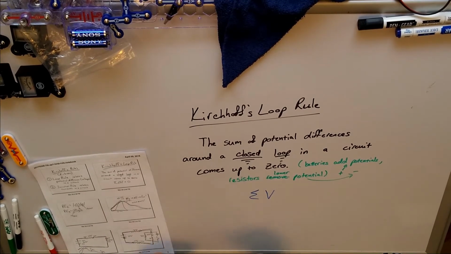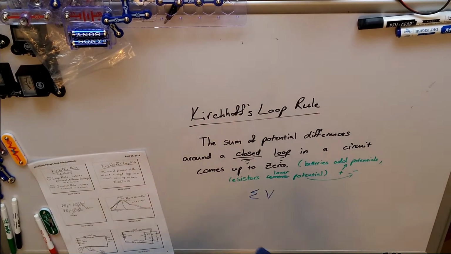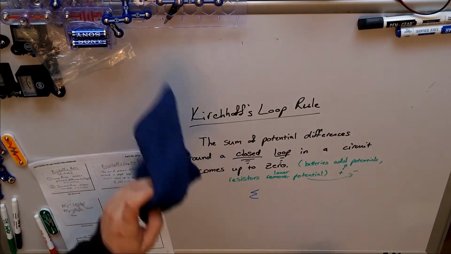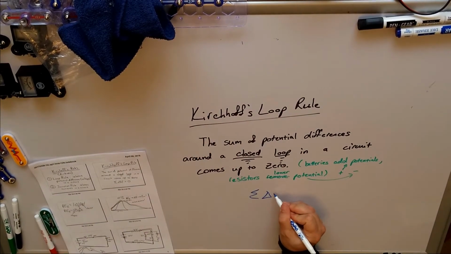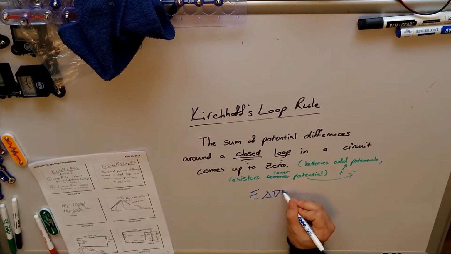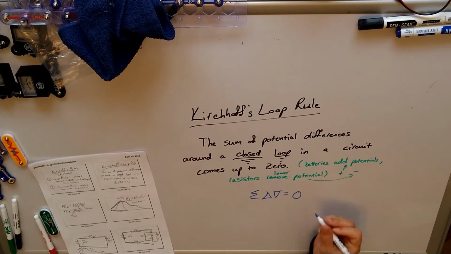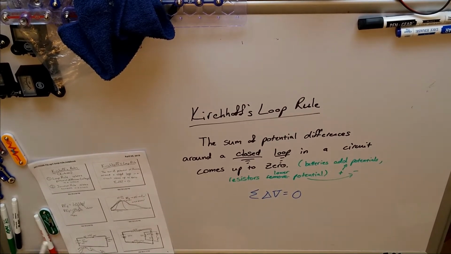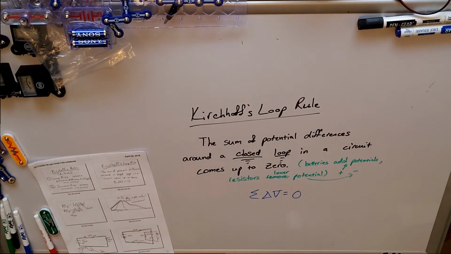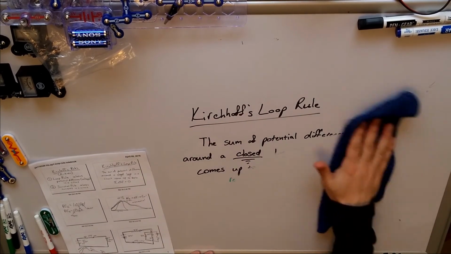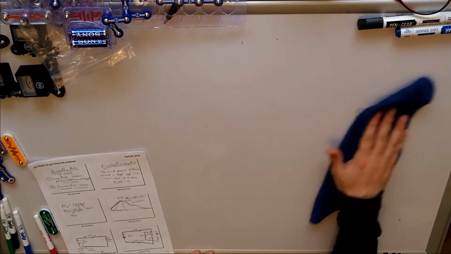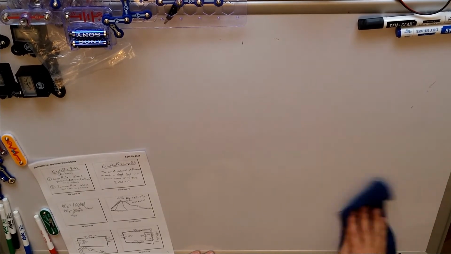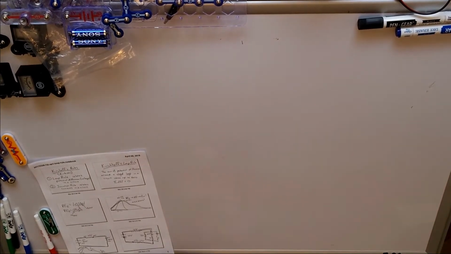The sum of delta V, the sum of potential differences, or voltages, around a closed loop is equal to 0. All right. Now, we talked a little bit about this before. I mentioned it some, and I told you the best way to think of a potential difference is a lot like a height. It is related to, not gravitational, but it's related to potential energy, but it is not itself